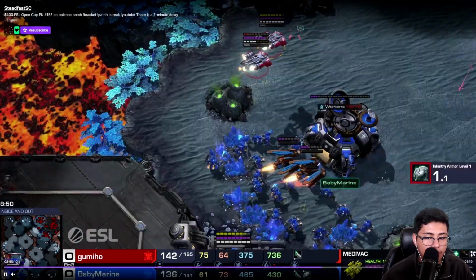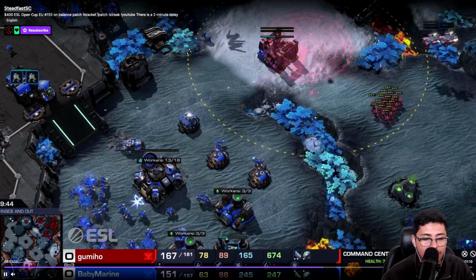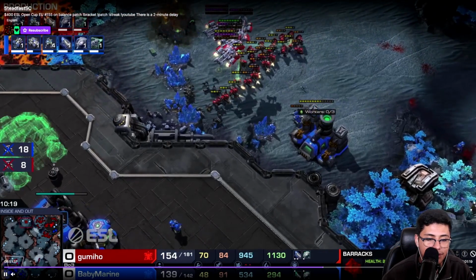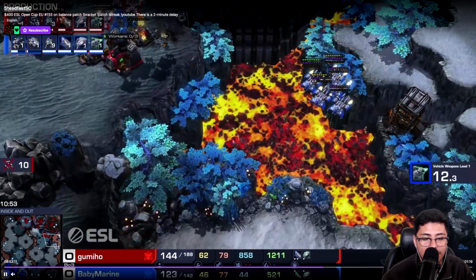This is a very good drop as well. And Gumiho is pretty aggressive these days, so he likes taking control of the game. And you can see here, Baby Marine actually gets Doom dropped to Oblivion. And now we get kind of this base trade scenario. And it looks like